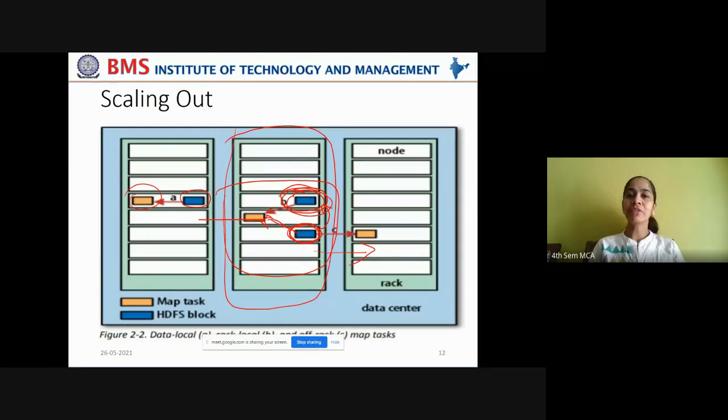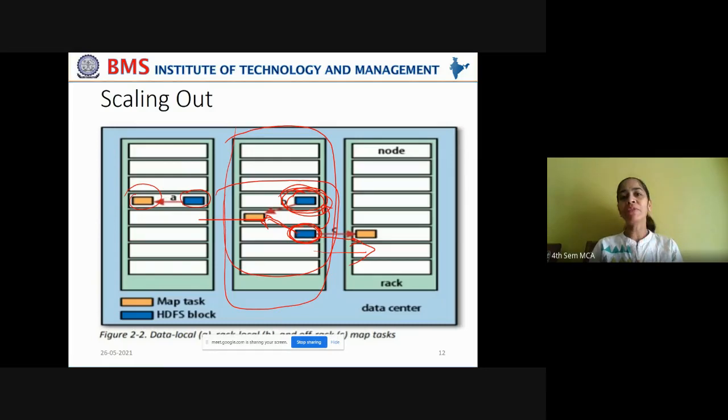In such cases, you may have to utilize the network bandwidth in order to transfer that HDFS block to a different node to execute the map task. Got it? So initially, what is the first case? Initially, it tries for a data node on the same rack. If that is busy with map task, it will try to find a data node on a different rack in the same cluster.